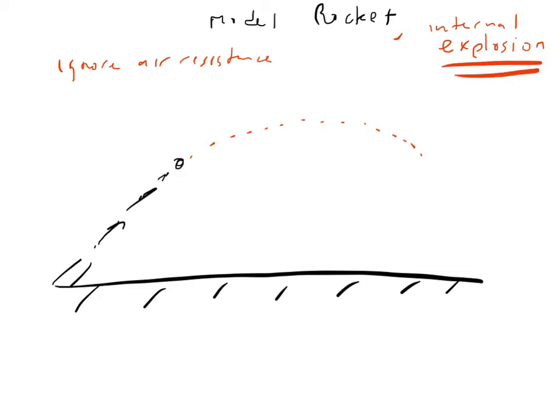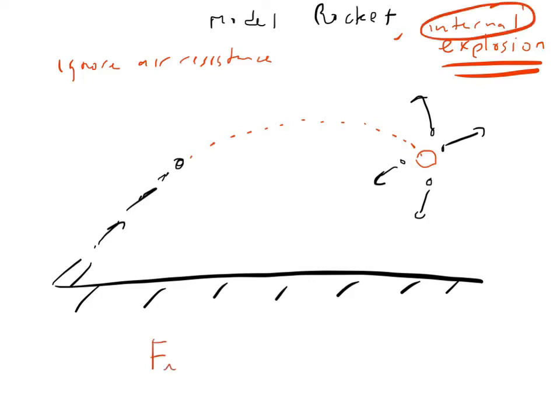But there's an internal explosion which is going to make this rocket just blow up. So all of a sudden, you've got this rocket that was moving in a perfect parabola because there's no air resistance, and all of a sudden it blows up, and one piece goes that way, and one piece goes that way, and one piece goes that way, and there's pieces kind of exploding all over the place. Well, even though there's now a ton of pieces all flying all over the place, the center of mass, because it was an internal explosion,